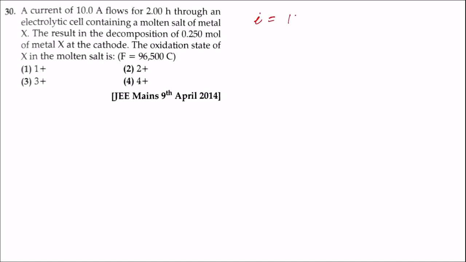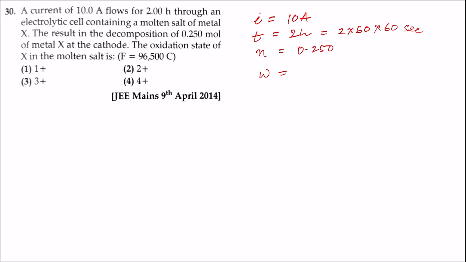The value of current given is 10 ampere. The time for which the current flows is 2 hours. This is equal to 2 into 60 into 60 seconds. And what amount of the metal decomposes at the cathode? Moles of metal is equal to 0.250 moles. The weight of the metal deposited at the cathode is